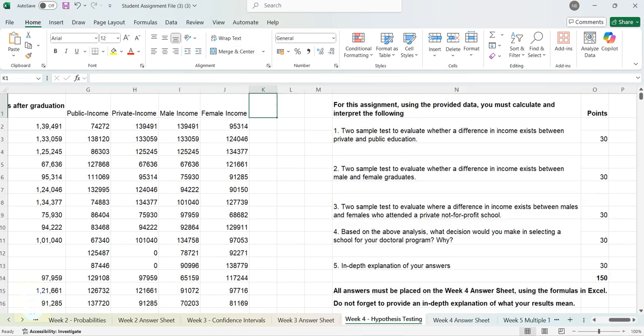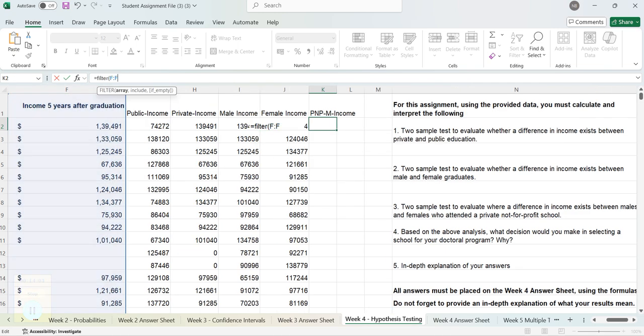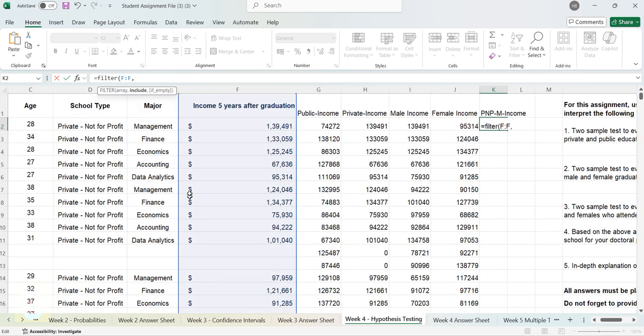So now, private non-profit male income. Okay. Now I will take a filter. What is the column? This column, comma. In which column is it private or non-profit? School type. In school type, that is D. So what we take in brackets is D to D is equal to,